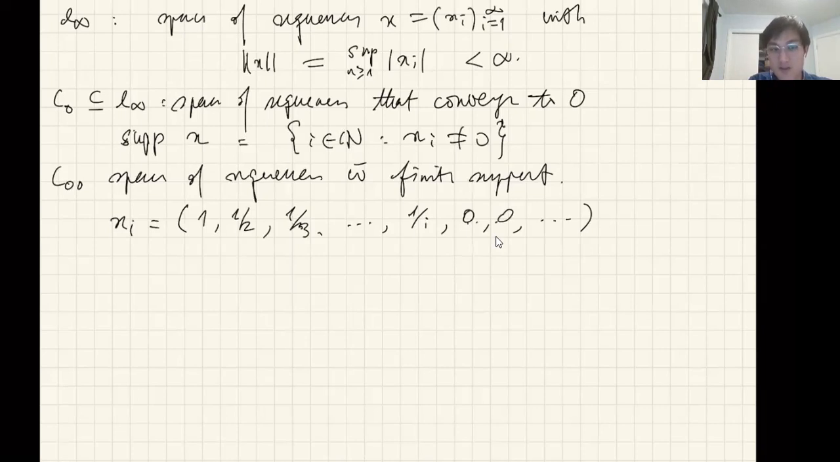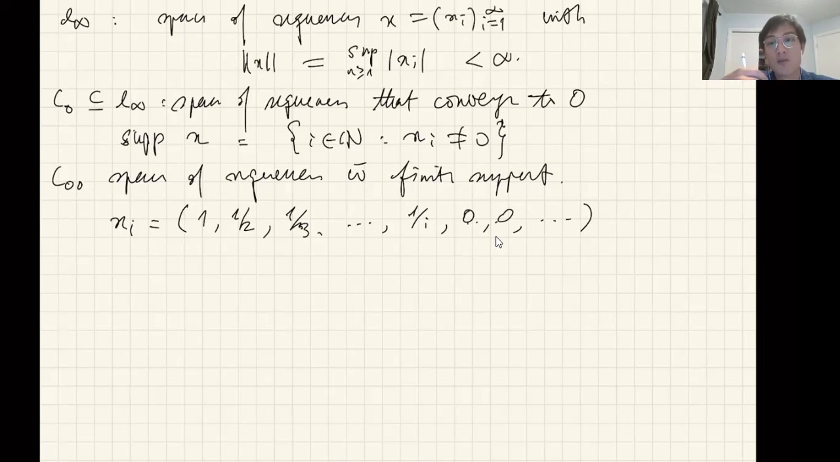Now it's a Cauchy sequence, but its limit is this infinite sequence of all the 1 over n's, and that's not in the space, right? That doesn't have finite support. So C00 is a normed vector space, but it's not a Banach space. Okay, but